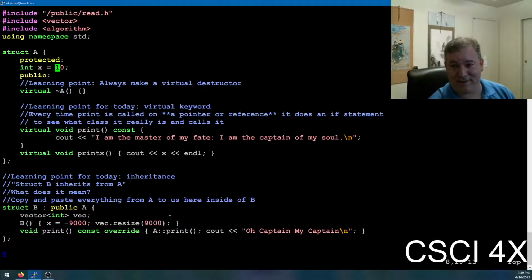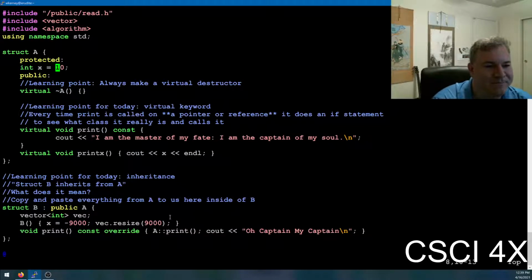If you don't use protection, that's how you get kids. Okay. So protected is like private, except your kids can access it too. And so by default, if you're going to be doing anything with inheritance, don't use private ever. Use protected instead. There's almost never a good reason for a variable to be private,